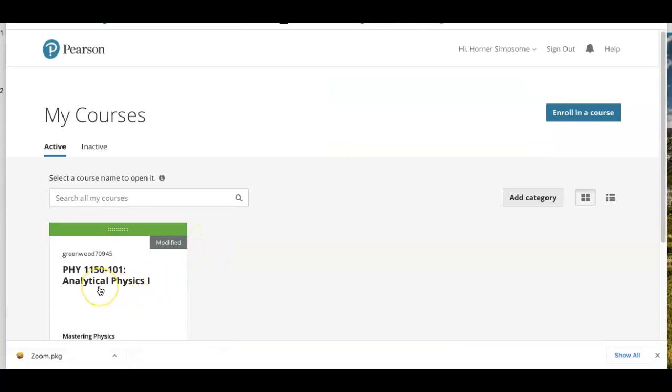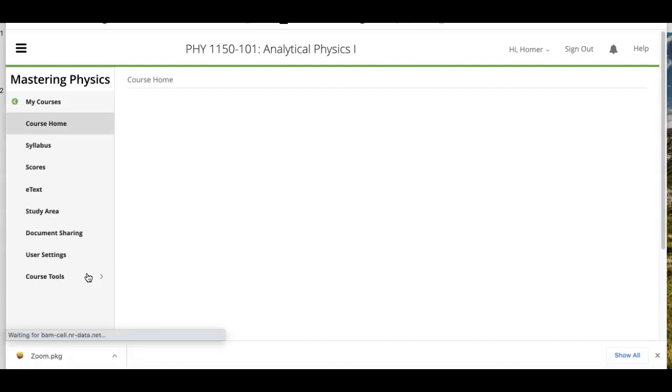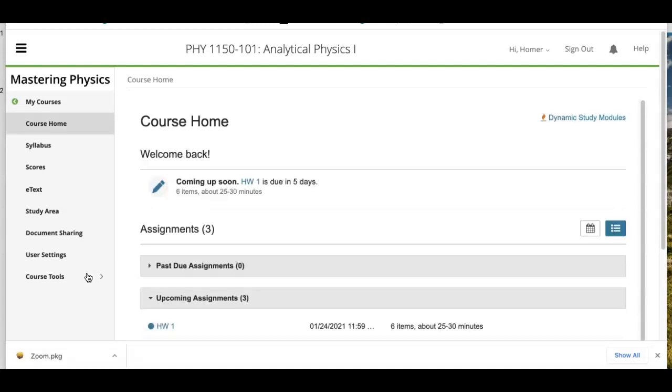And then you see that the course title is given over here under the green tab, and above it is the course ID. So you click on the course title to enter the course, and as you see, there's